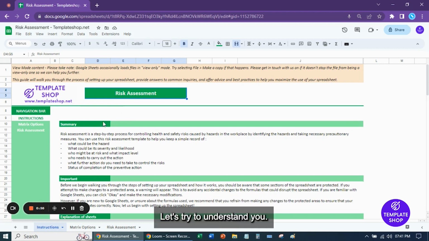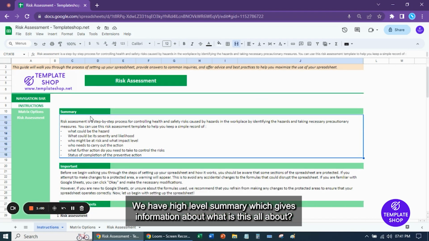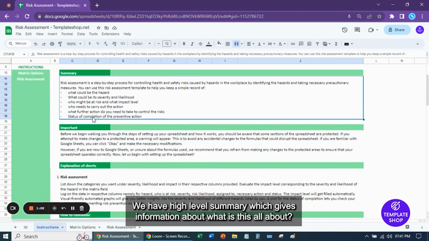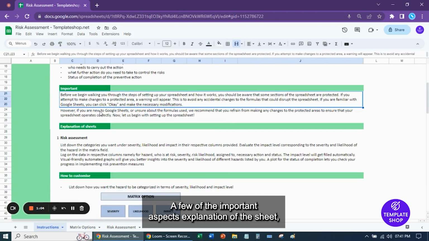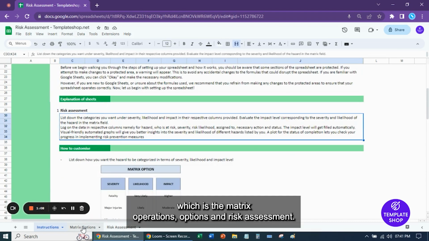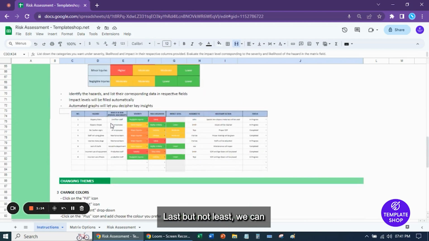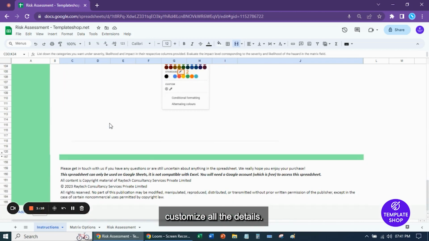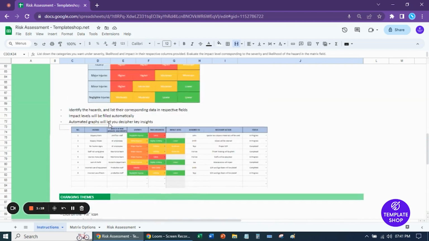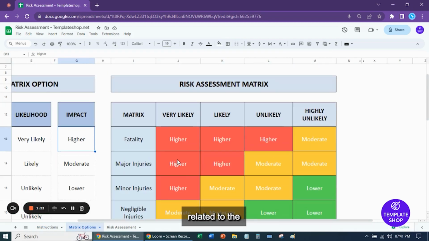Let's try to understand. Here we have a high-level summary which gives information about what this template is all about, a few of the important aspects, the explanation of the sheet, which is the metrics options, and risk assessment. Last but not least, we can literally customize all the details. Let's move on and try to understand a few things related to the